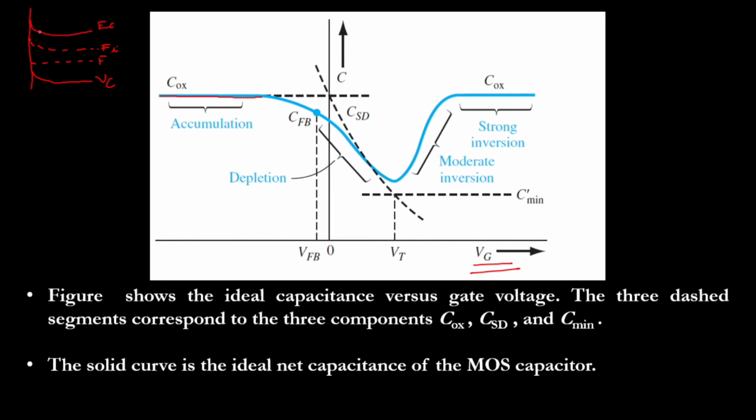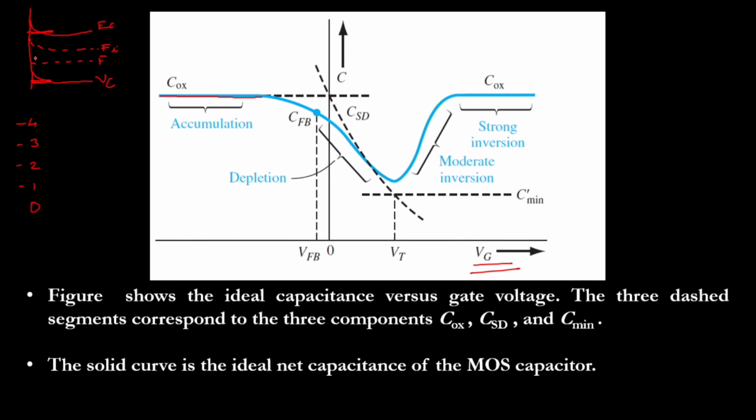And now a negative voltage is applied, and if I reduce the negative voltage at the gate terminal, what will happen? This bending is going to be straight. I have applied a negative 4 volts, so I'll get a bend. Now I reduce to 3, I reduce to 2, I reduce to 1. What will happen to this bending? The bending is going to be straight. If I apply 0 voltage, the bending will be straight. So this is what we call a flat band.